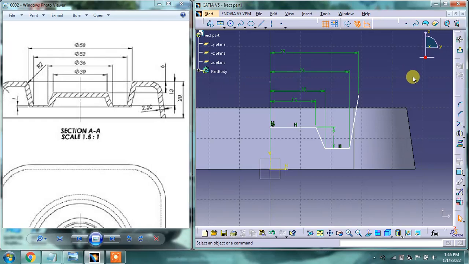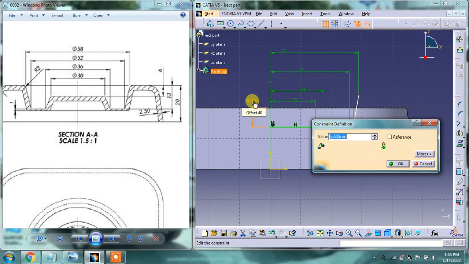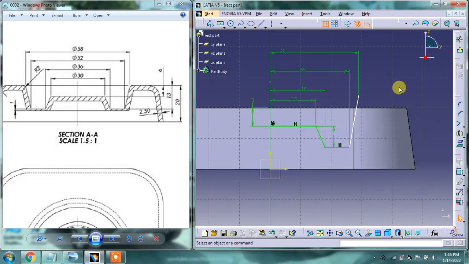So after that I need to constrain the sketch. Select this line, select this point and select this line. It is 6 mm, sorry, and the last portion is this line.